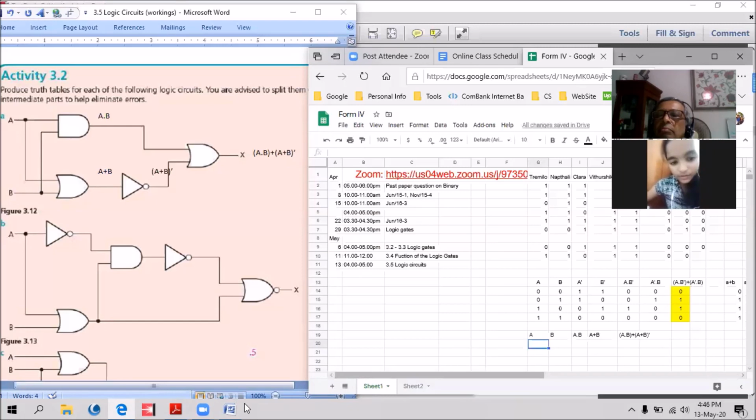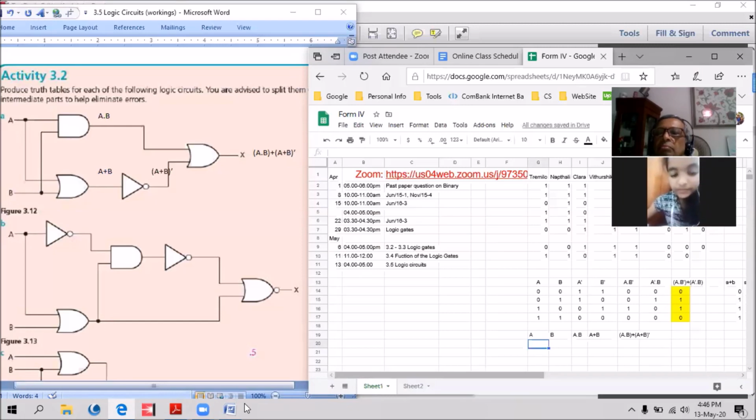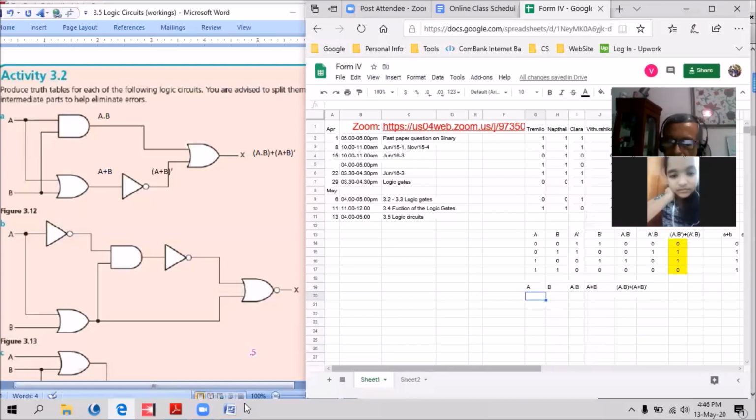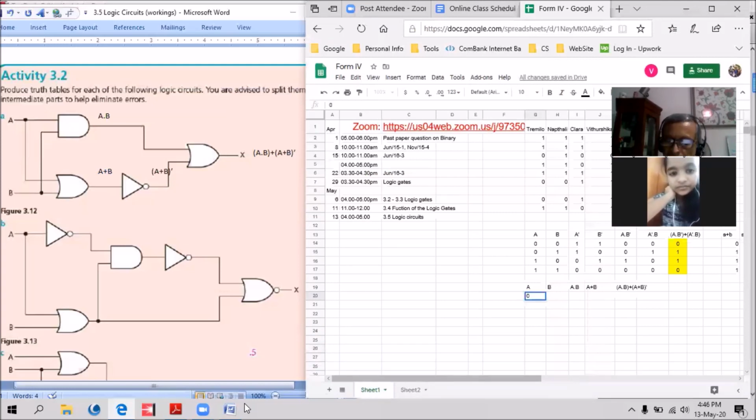0, 0, 1. So there are only 4 rows, no? Oh yes, very good. Actually, you have become an expert now.